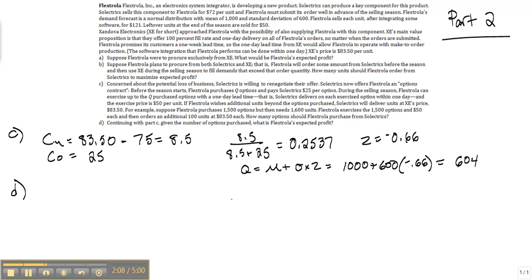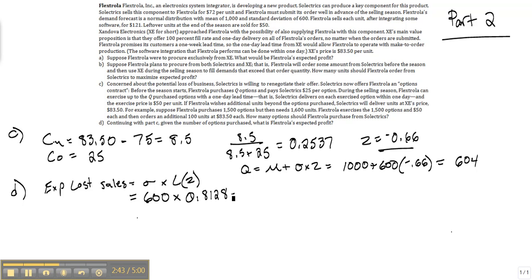With part D, we're going to evaluate some performance measures, and we've already solved for the z-value, which was equal to negative 0.66. So let's first figure out the expected number of units ordered beyond the purchased options, or expected lost sales. Expected lost sales are equal to the standard deviation times the loss. Using this z-value of negative 0.66 and looking it up in the standard normal loss table, we find that it equals a corresponding value of 0.8128. Multiplying that times the standard deviation, we get expected lost sales of